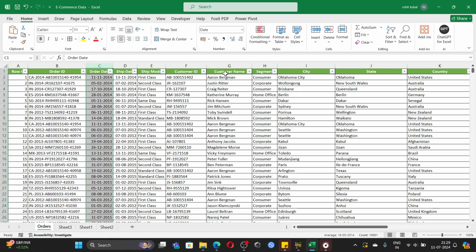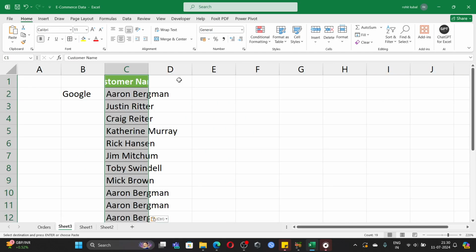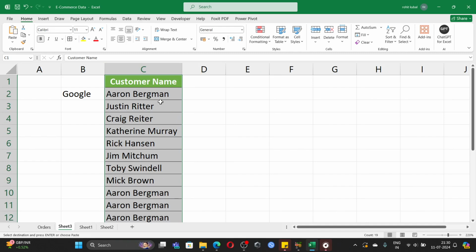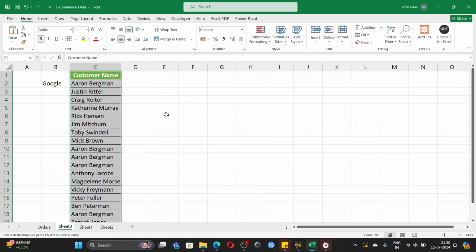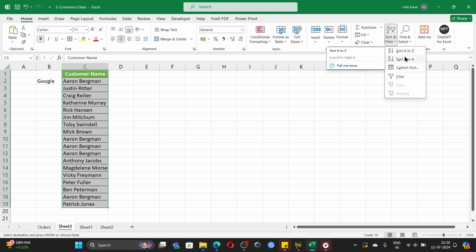But suppose I take a few customer names from here, I'll copy them and go on this sheet and paste them over here. Okay, now the next thing, when text data is selected in the sort and filter, you are going to get sort A to Z and Z to A,